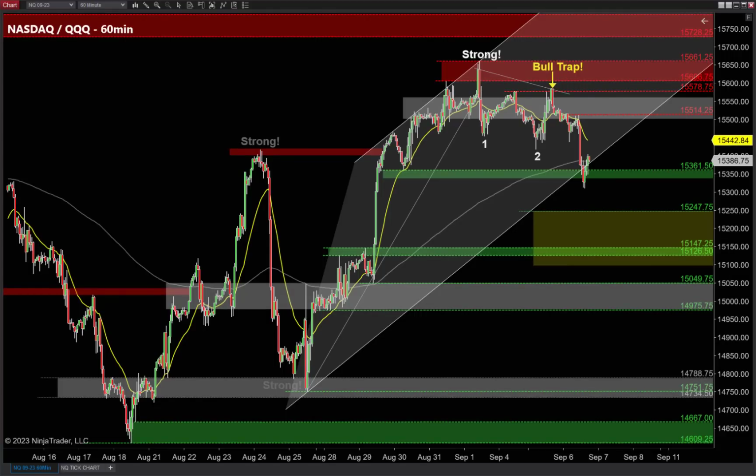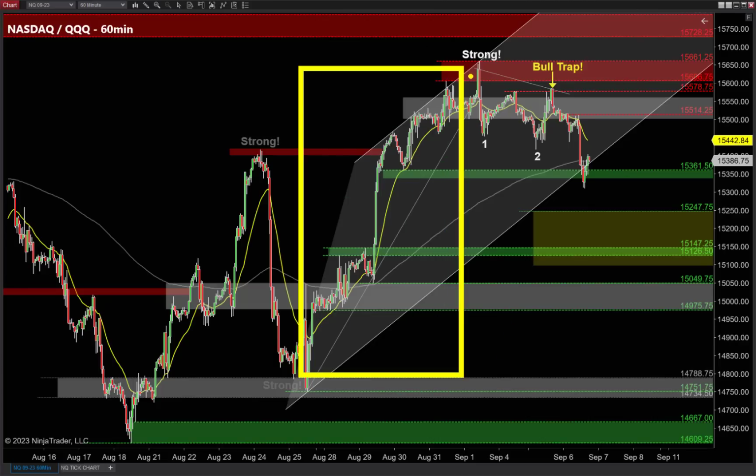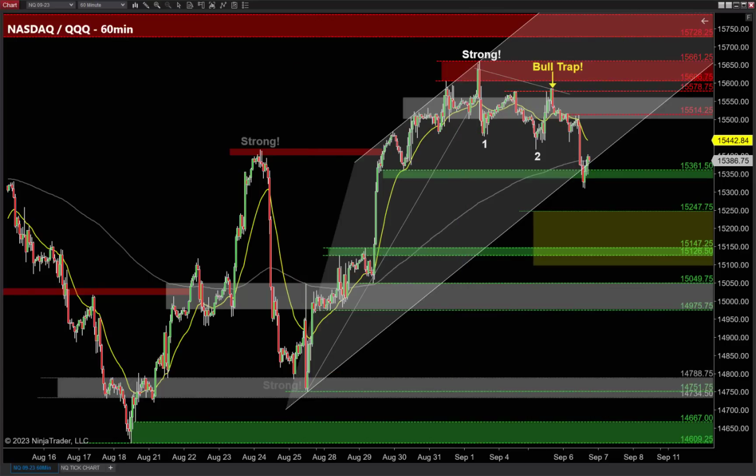If you can anticipate that, you're on a roll here. Let's go to the NASDAQ. The NASDAQ is very similar to the S&P, and we'll talk about some of the variations of these pattern setups. Most important thing right now on the NASDAQ, same idea here as the S&P, had that huge melt-up move. We've got now that pullback we talked about, which triggered by that bull trap we mentioned in last night's video,